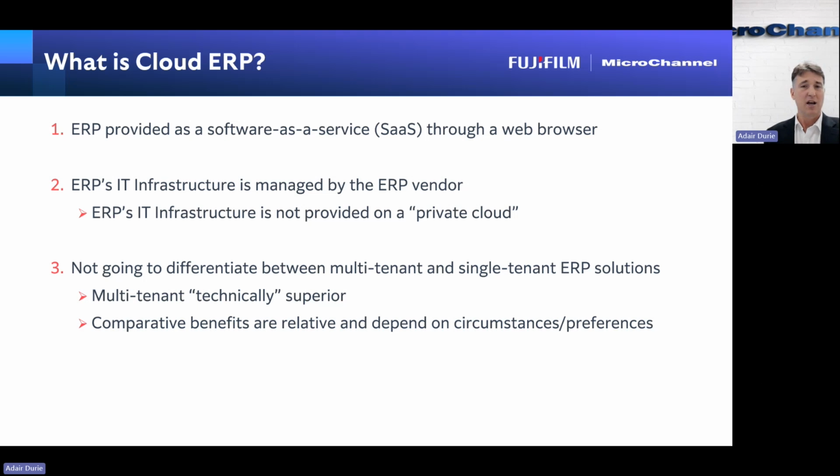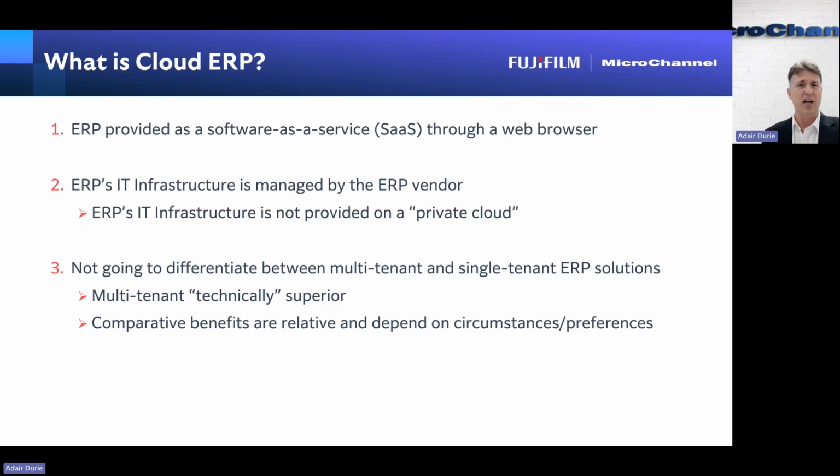It's not what might be called a private cloud. It's not a third party, where your IT infrastructure could nearly be on-premise, just someone else's on-premise. No, it's actually the ERP vendor, the vendor that's connecting your ERP system to the rest of the world. And we'll talk about services, and all the things that, when your ERP is connected to the cloud, that means.